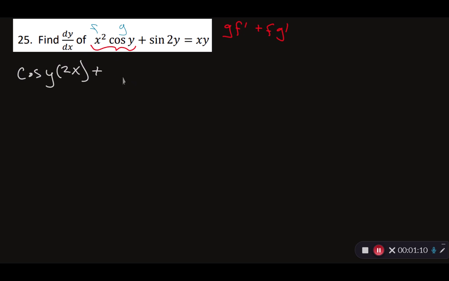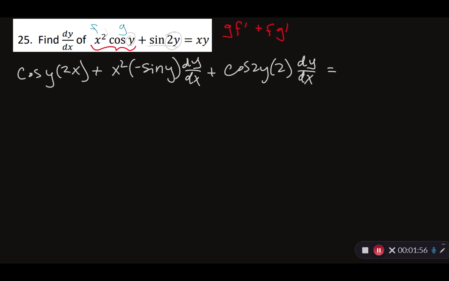plus f, which is x squared, times the derivative of cosine y. In order to take the derivative of cosine y, we're actually going to have to use the chain rule, because we're treating y like a function. It's our implicit variable. So f times g prime: we have negative sine y times dy/dx, plus, and we're going to have to use the chain rule again here, cosine 2y times 2, because we're taking the derivative of 2y now, dy/dx